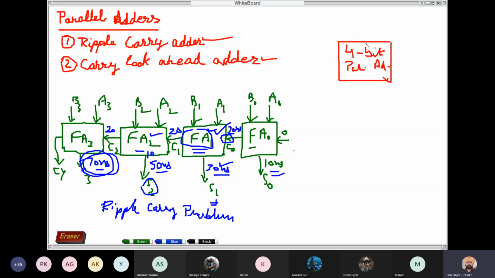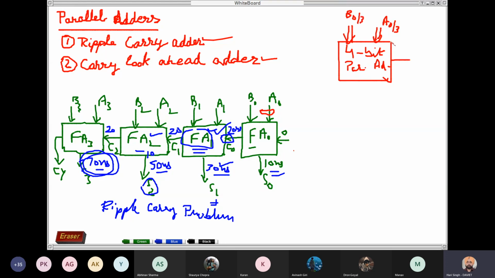Okay, now inputs to this 4-bit parallel adder will be 4 A bits, A0, 1, 2, 3. I have shown these bits in the form of a bus. Okay, but in this case, it is shown in the form of a line. Line means 1 bit, and two parallel lines with an arrow mean more than 1 bit. So here 4 bits are given as input, A0 to A3. Similarly, at the second input, the 4-bit number B0 to B3 is given.